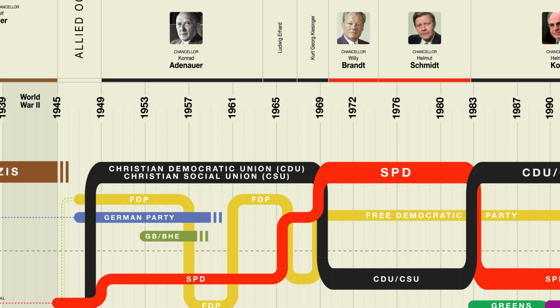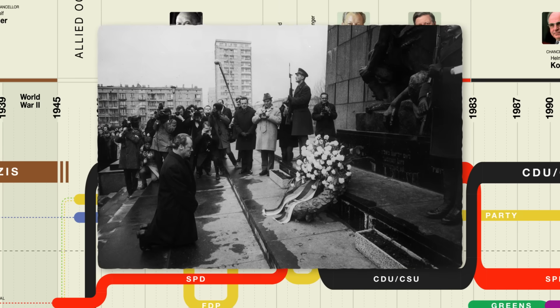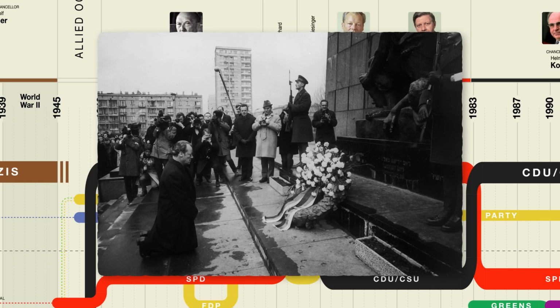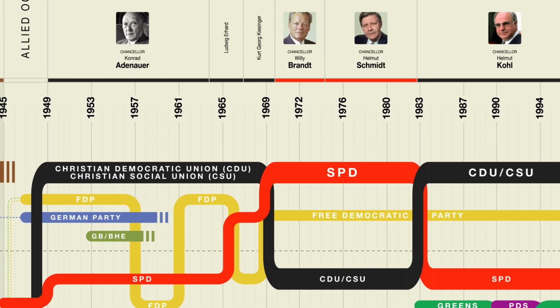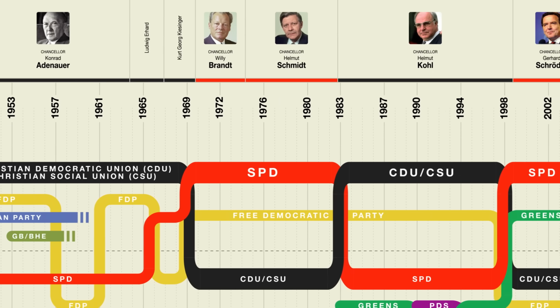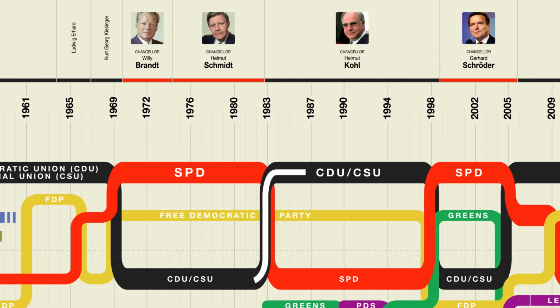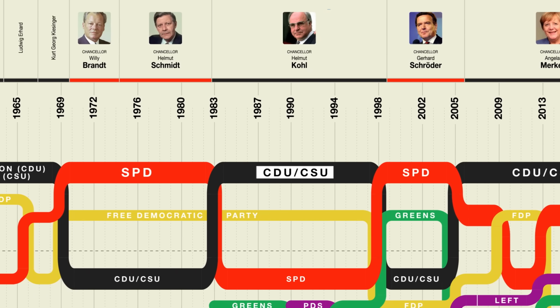First, for opening up dialogue with East Germany, which became the first step towards eventual reunification. And second, for kneeling before this memorial to the 50,000 plus Jews killed as a result of the Warsaw Ghetto Uprising, something that was seen by many as a humble recognition of the evil Germany had done. Anyhow, the SPD remained in power until 1983, which is when the CDU came back under the leadership of Helmut